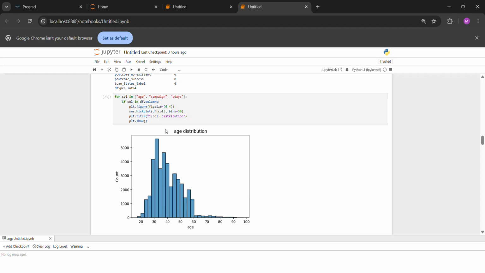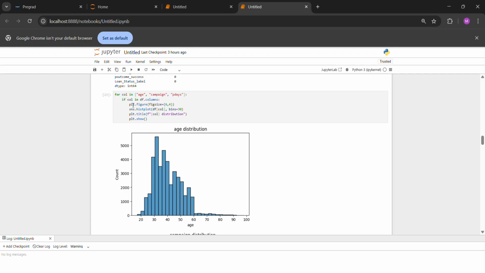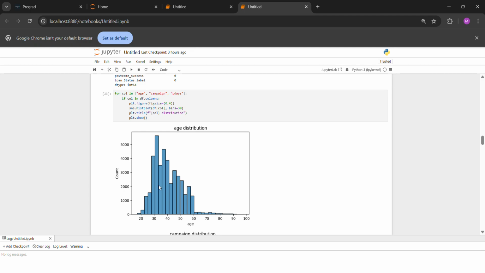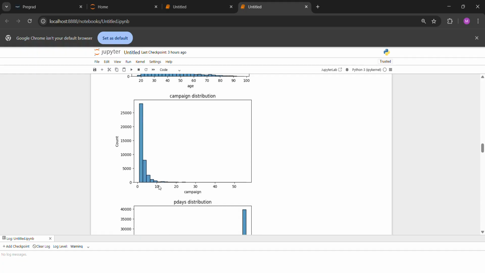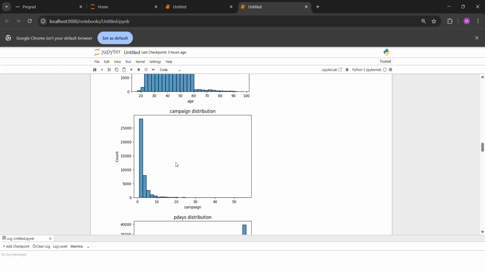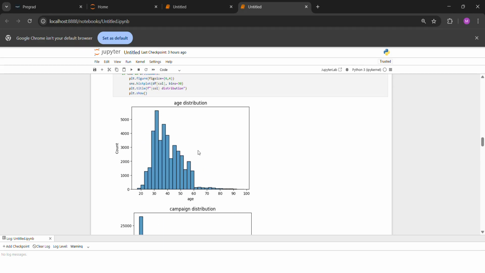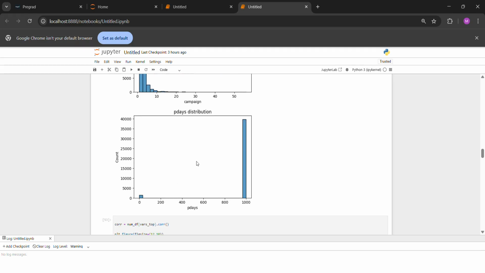Next find the distribution between age, campaign and pending days. So showing using a histogram plot to plot every distribution. Okay, pending days mostly 0 and here a high distribution of age. Okay,